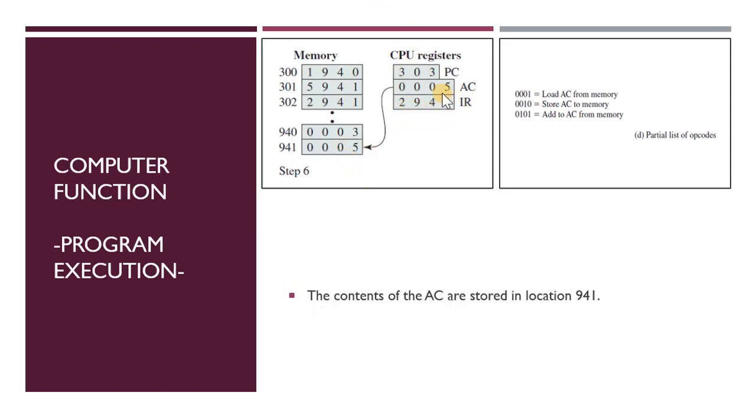So this is the instruction to 941. 2 is to store the value inside the accumulator to the memory, and the address where the value should be located is 941. So the processor will find 941, and inside this address, the value of the accumulator should be stored. The value inside the accumulator is 5, and this number 5 is stored inside the memory with address 941.